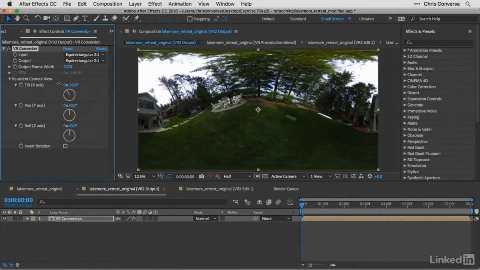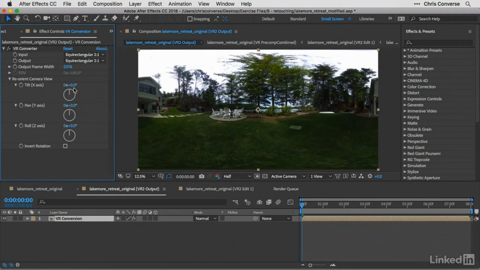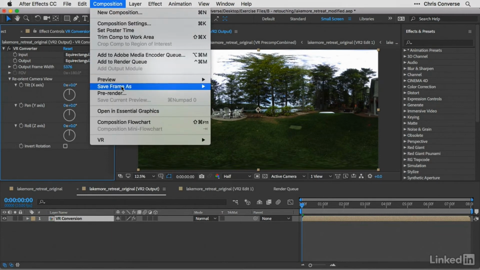And so now that we have seamlessly replaced the tripod, we need to export this out to a brand new panorama. Now, just like before, if you're looking at the half screen resolution, you're going to need to use the render queue. And if you're looking at the full screen preview, you can use the Save as Photoshop layers. So if you're seeing a full resolution preview, you can go Composition, Save Frame As, choose Photoshop Layers. And if you're seeing the half resolution like I'm seeing here, we're going to come up to Save Frame As,